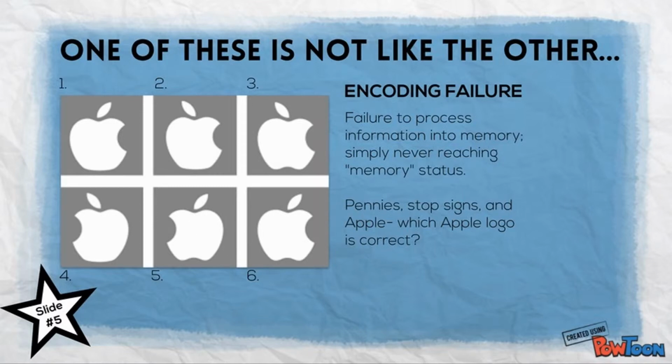This can also happen with things we think we know super well. Take the Apple logo pictured on the left as an example. Most people see this logo multiple times a week, but in a study, only 1 in 85 people were able to correctly identify and draw out the logo. Can you guess which one is correct? I'll give you a little bit of time to look. Did you figure it out? The correct answer is number 6.